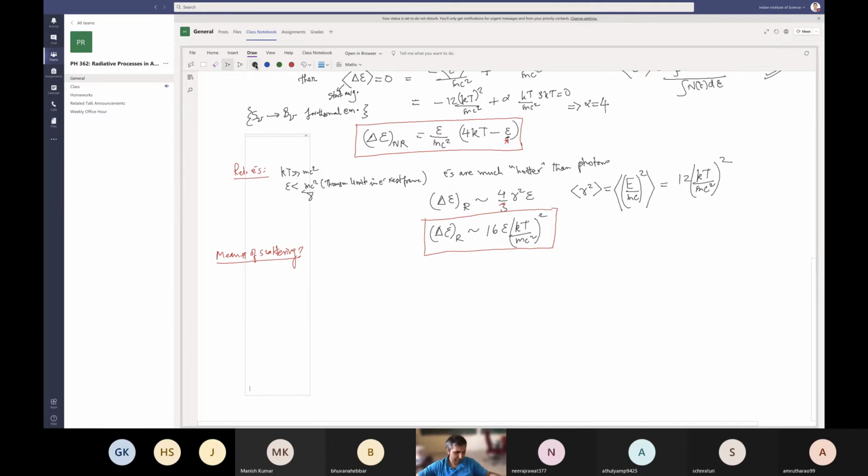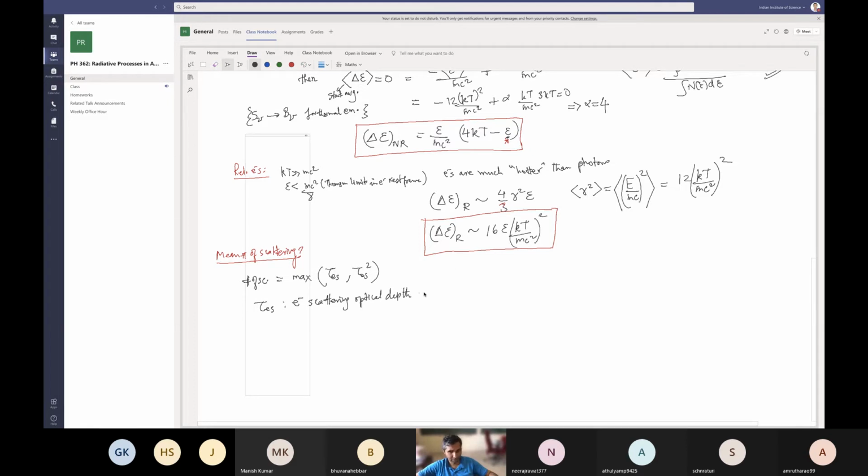Let me write it down first. The number of scatterings is equal to max of tau es, comma, tau es squared. So tau es is the electron scattering optical depth,